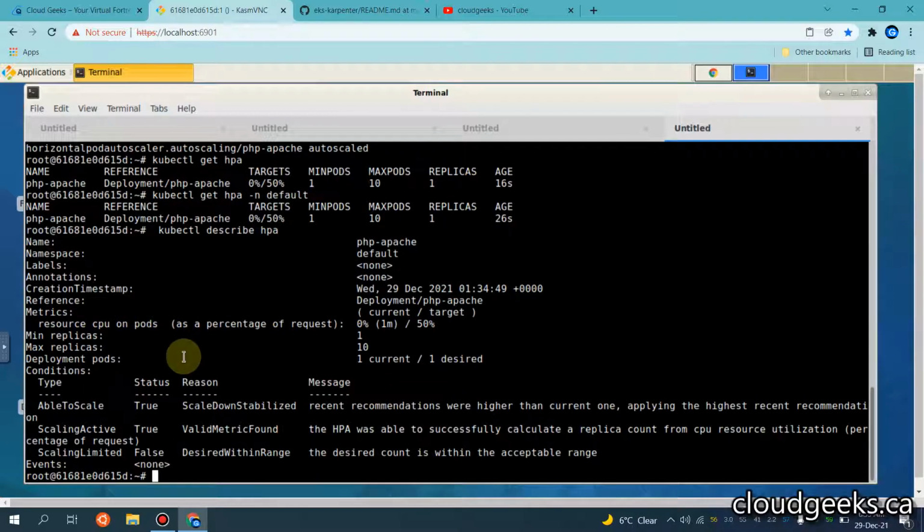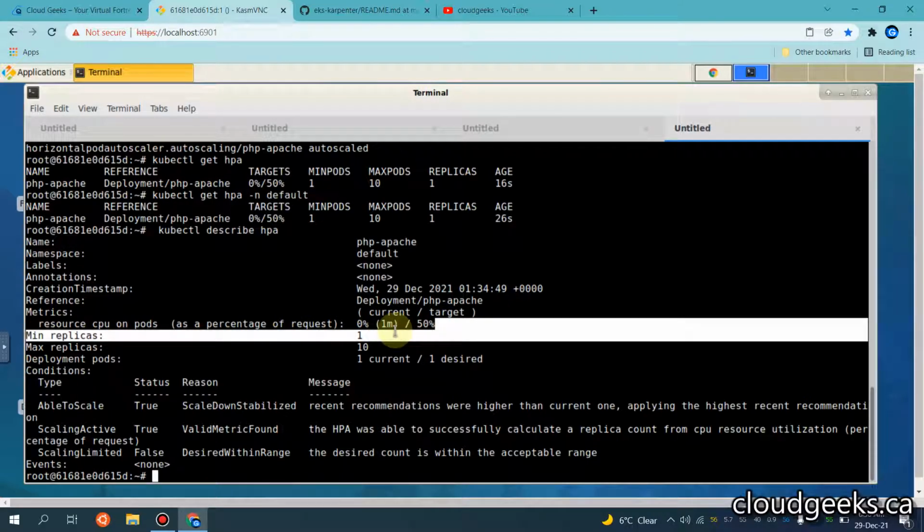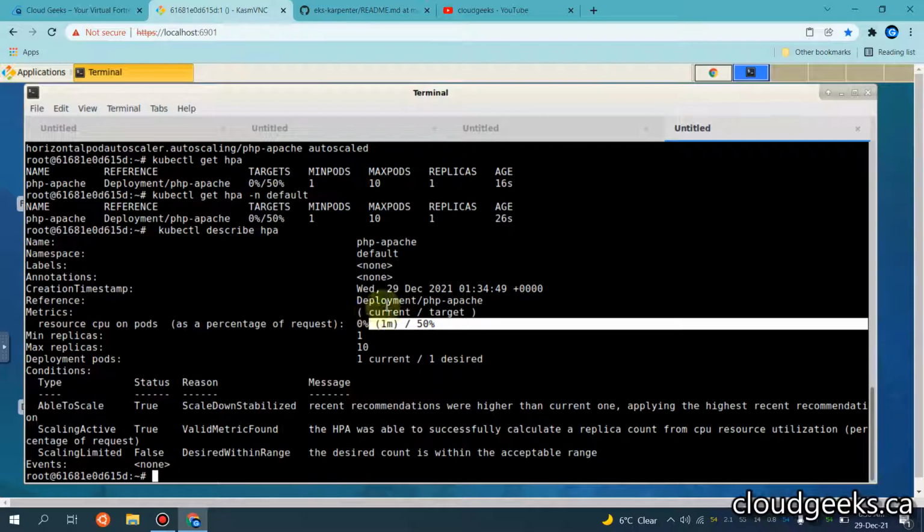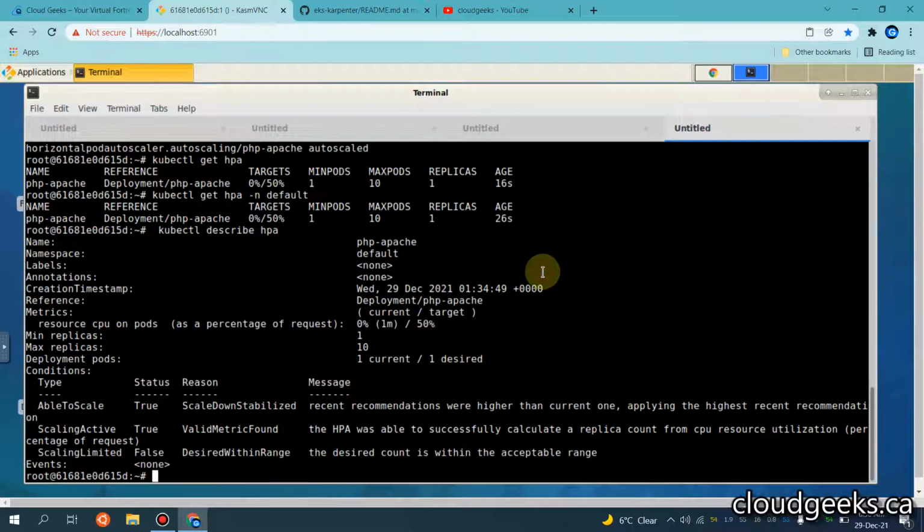So this is the description of our HPA and everything with regard to our HPA setup. You see the resource CPU on pods is set to 15% as against the target of 50%. This we have already set up. You can explore it more. And this is the deployment php-apache which we have set up.